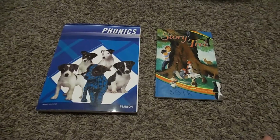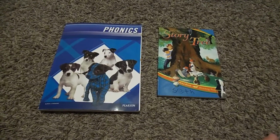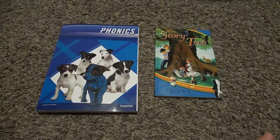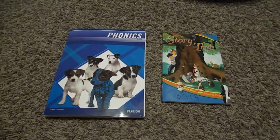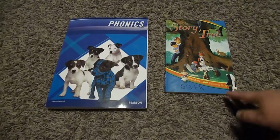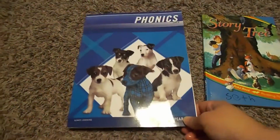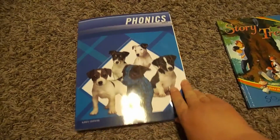Okay, so for my first/second grader, and she is first grade, but she's doing a lot of second grade work, we are going to be continuing on basically with what we used last year, just moving up a grade. So we did Plaid Phonics last year and the Abeka first grade phonics readers, and we're just basically moving up to second grade. So for our workbook and the main teaching part of the curriculum for our phonics, we're using,